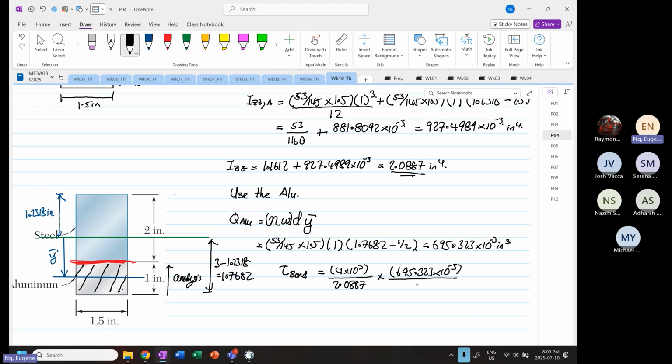Now over here, you just take the regular thickness, which is equal to 1.5. So 4 times 10 to the power 3 times 695.323 times 10 to the power minus 3 divided by 2.0887 divided by 1.5 is equal to 887.727